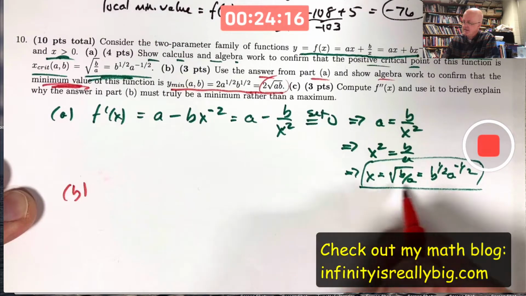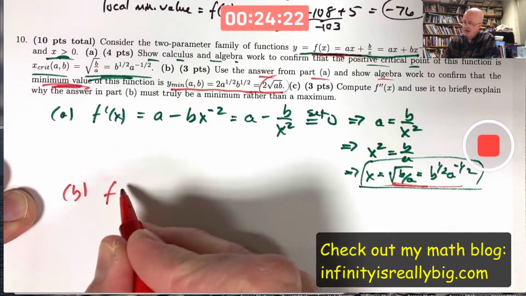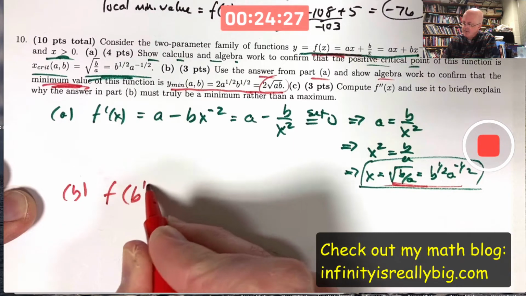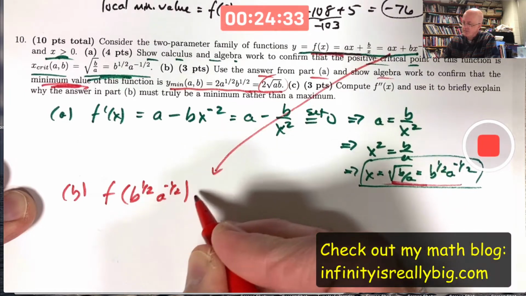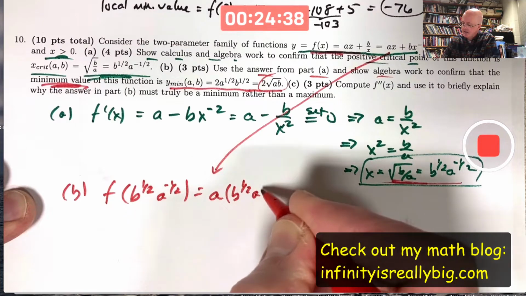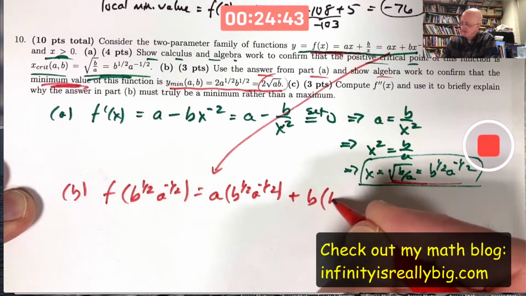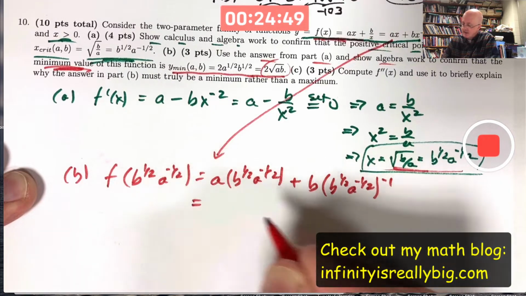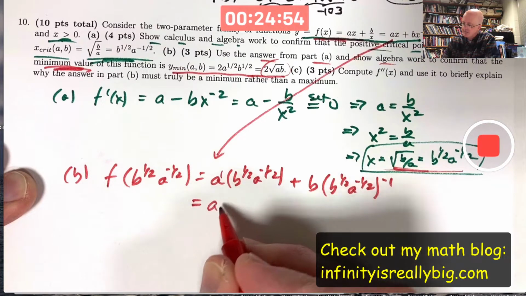Well, it's just a matter of plugging this critical point here into the function f itself, the original function again. So plug in this thing, and I think I'll use it with the exponents there, b to the 1/2 times a to the negative 1/2 into the original function, say in this form. I get a times x, a times b to the 1/2, a to the negative 1/2, plus b times x to the negative 1. So I get b to the 1/2, a to the negative 1/2 to the negative 1. Use properties of exponents. You can add the exponents here. A to the first times a to the 1/2 gives you a to the positive 1/2 times b to the